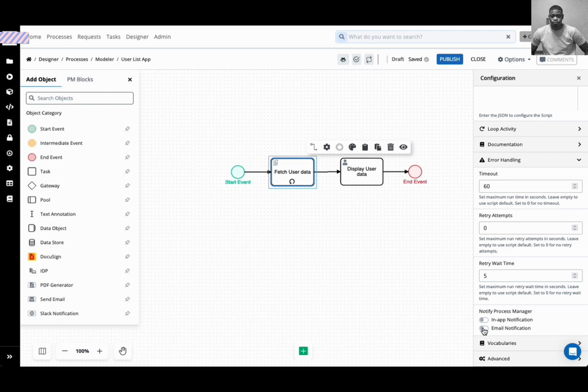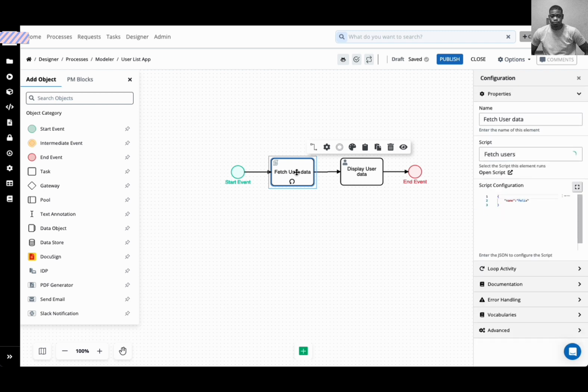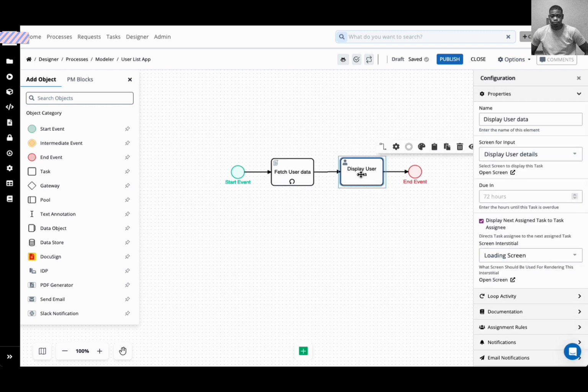And for me, I always use the email notification. So if there is indeed a form of error, I want to be notified so that I can know that, okay, even though the system is trying to run the process again, I am aware of what is currently happening. And if I need to do something else, I jump on it. Okay, so that's enough about the script configuration, I guess. Then my